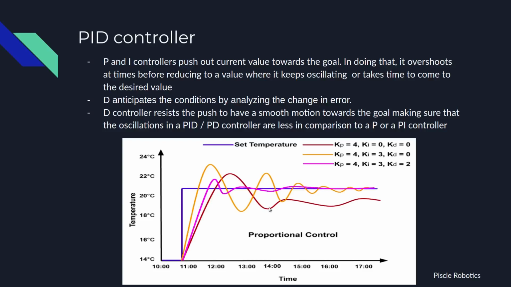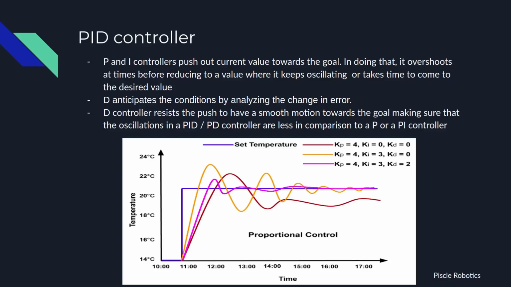Now, in comparison to these two controllers, P and PI, what we can now see is for the PID, denoted by the pink line, the system does overshoot a bit, but the overshoot is less in comparison to both the P and the PI controller. And it tries to reach the desired point or the set point much quicker in comparison to both the other controllers. This graph simply shows how a PID controller actually performs better than a P or a PI